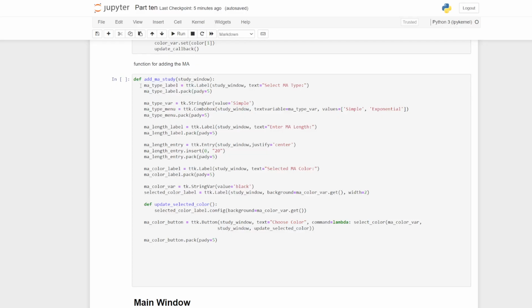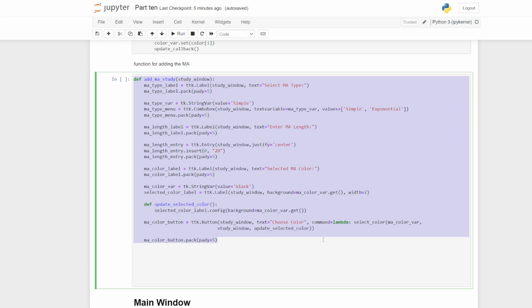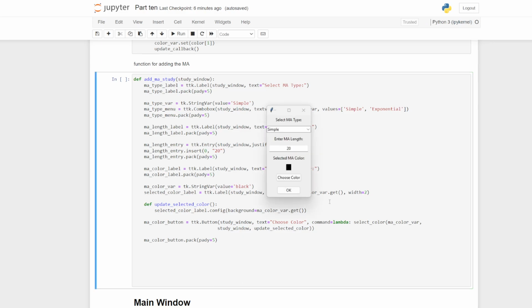So in part 9 we left this MA function half complete, and in this part we're going to complete this. There's a few more things we need to do. First, if you remember, we haven't actually programmed in this OK button. So far we're selecting the type, giving it a length, choosing the color, and then once all that's done, we hit OK, and then the program has to carry out yet